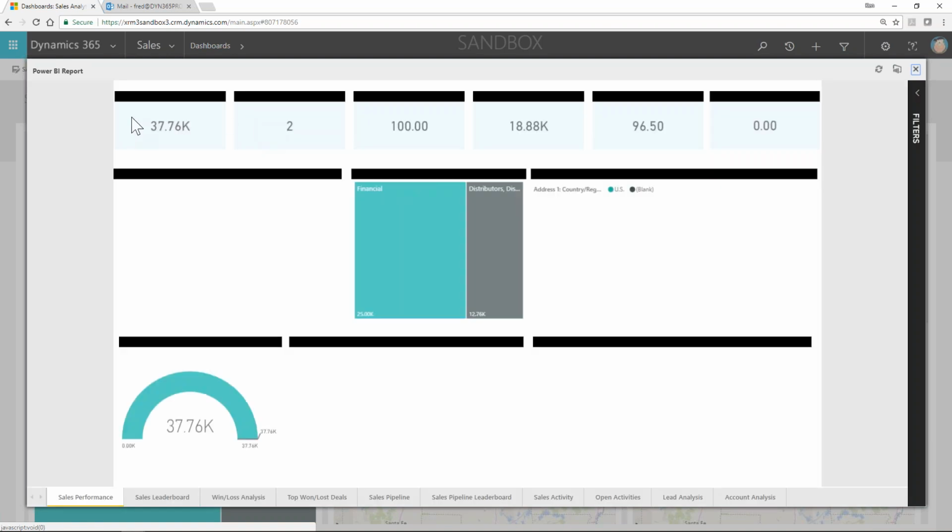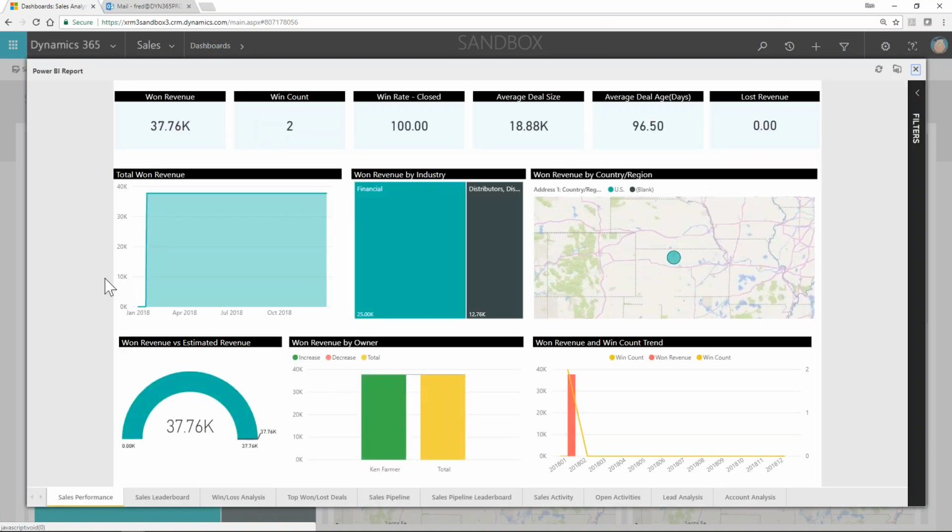So when we talk about what users really like, the new Power BI dashboards are huge. You can see that Fred has the ability to launch in, and it's going to take a second because this has been sitting for a while. But it's going to pull up that same Power BI report that we looked at before. As an admin, I built it. I shared it with Fred,